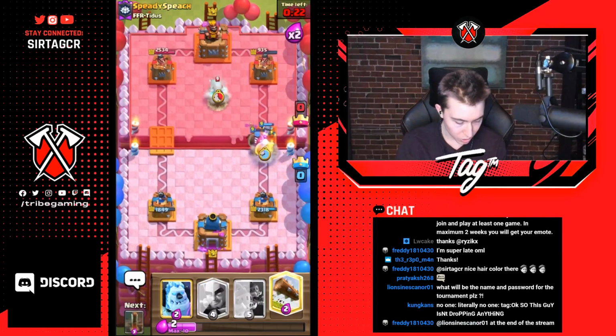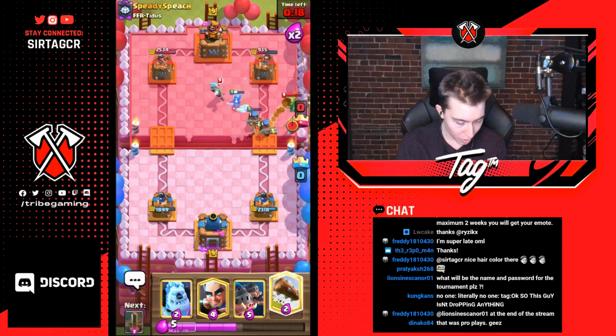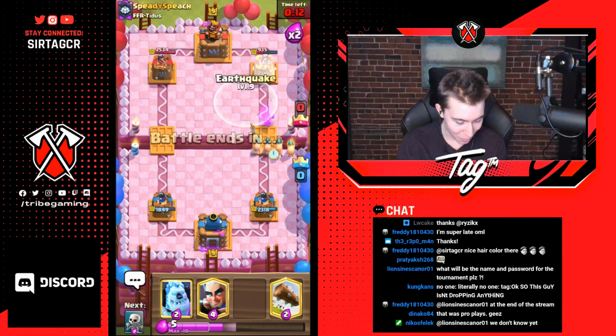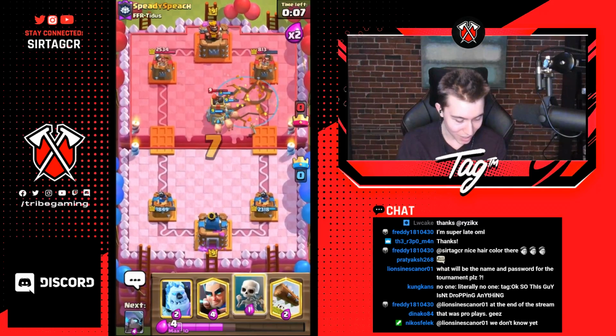Heck, I want to go for a hunter too. Hunter again, mini pekka again. If we get anything from our opponent like baby dragons on top of the hunter, then it's horrible for him because you need to keep that in card cycle, man. You need to keep that for your offensive plays. That's your best bet because you'll bait out like a mini pekka and an ice golem for a negative elixir